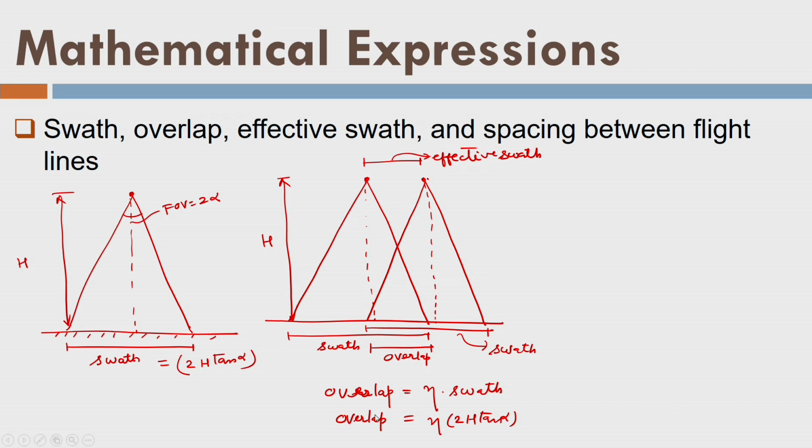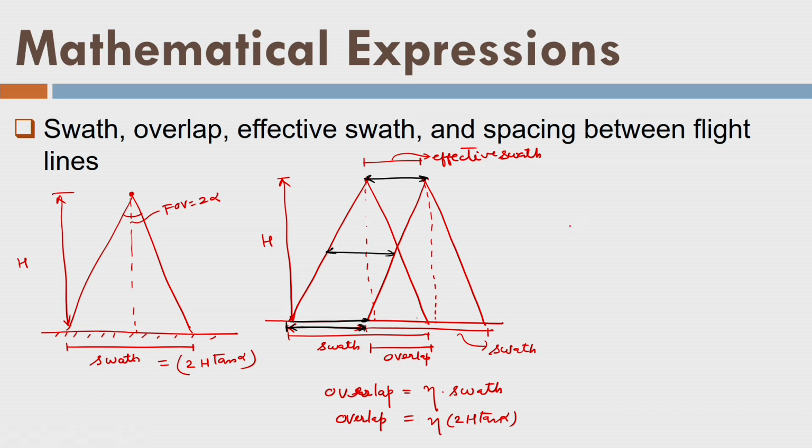Okay, what is the spacing between the lines or effective swath? You can see here that this is my overlap, right? And now this distance from here to here, this distance from here to here, it is constant. That means here it is like this, here it is like this, and here it is like this. So this is called the effective swath, or the spacing between the flight lines, and it is given by,